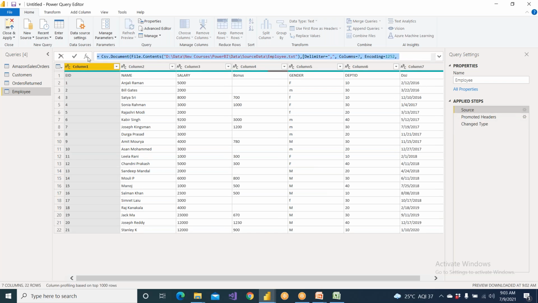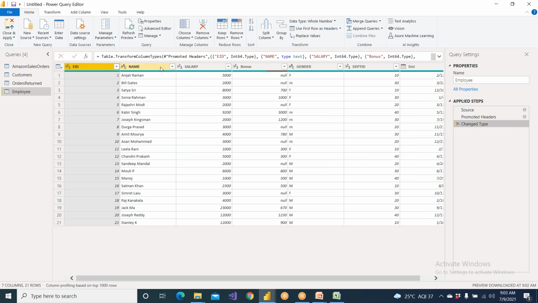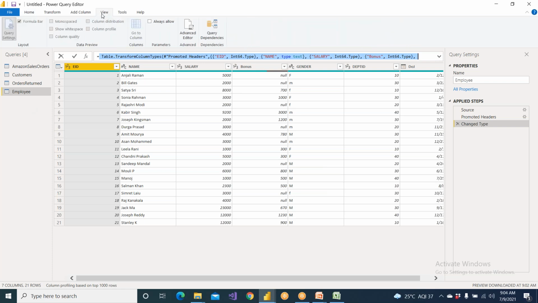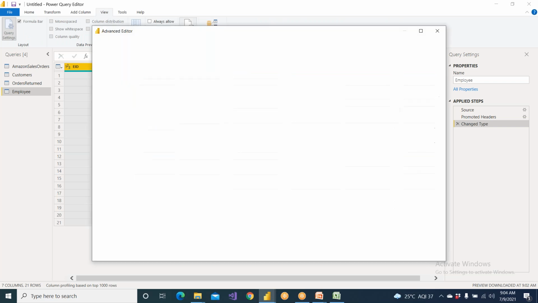So this is what is called M language code. And it has also applied one more step, and one more step. It is changing appropriate data types and everything. We'll discuss what this is. So if you wanted to see what is the step and what is the code, this is the code. And if you wanted to see the complete code written for this employee table, you can go to the View menu, then you should be able to get Advanced Editor. Clear? When you click on this,